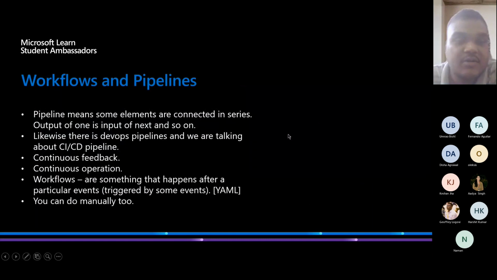Okay, so we are talking about pipelines. There are lots of pipelines: continuous feedback and continuous operation. Continuous feedback is something like, let's say, continuous testing. There is continuous testing, and continuous monitoring also comes in. Continuous testing means if some code is pushed, then test that out. Continuous monitoring means, let's say in the deployment, you have heard about the blue green